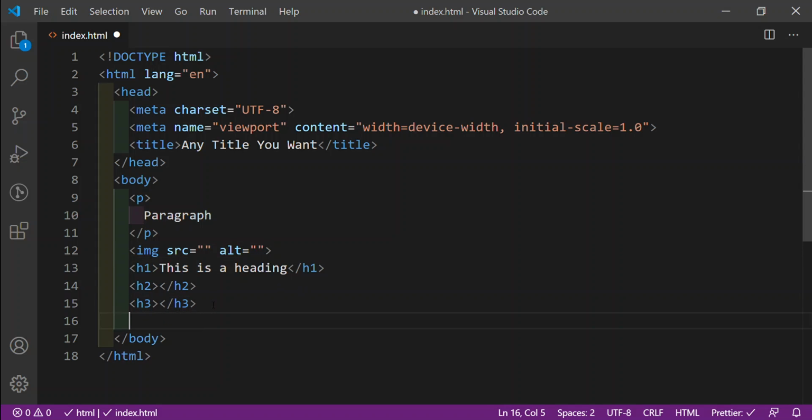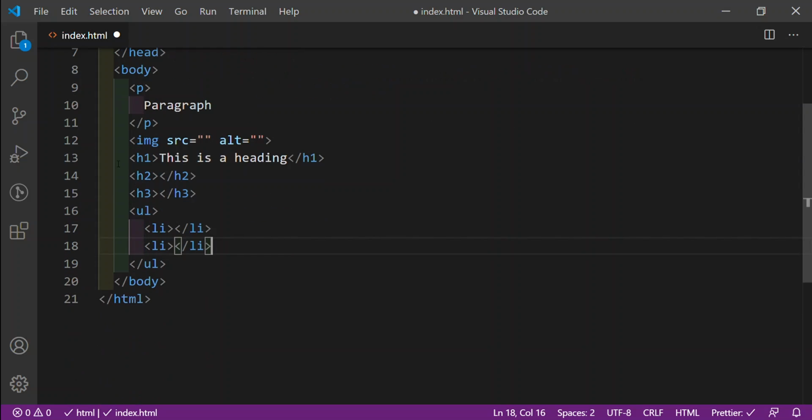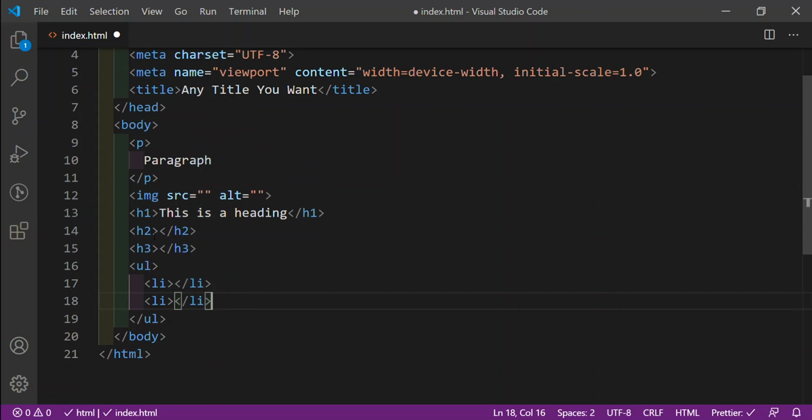There's lots of things you can do. Like I said, you can do lists. This is an unordered list with list items in it, like that. There's lots of different things you can do. You can do sections. I won't get to all of them in this video, but here's one: you can put an ID on something,